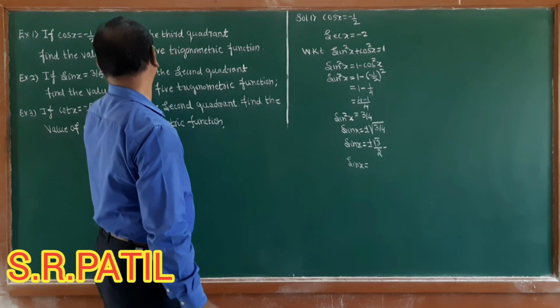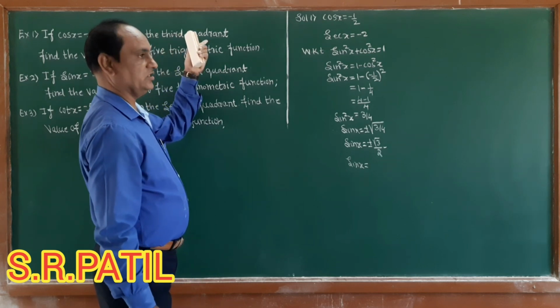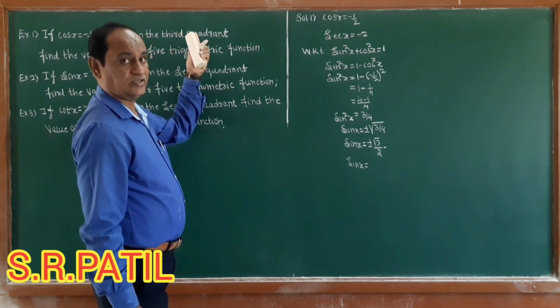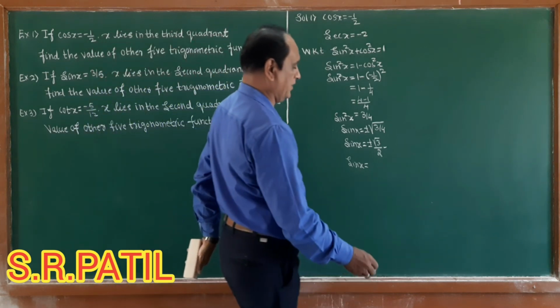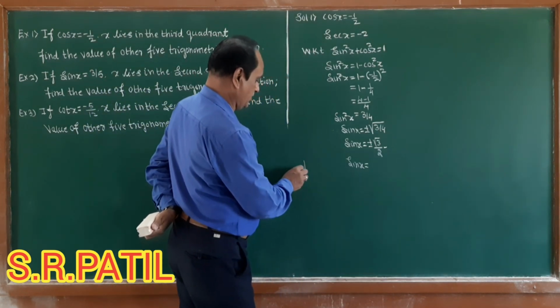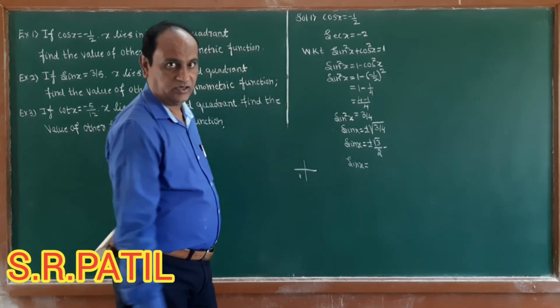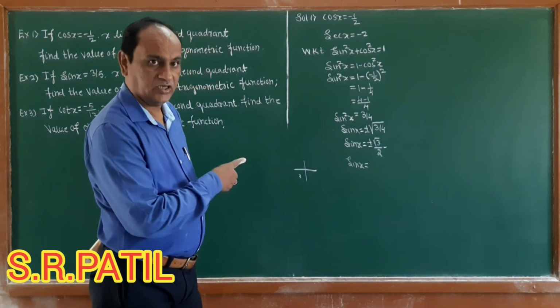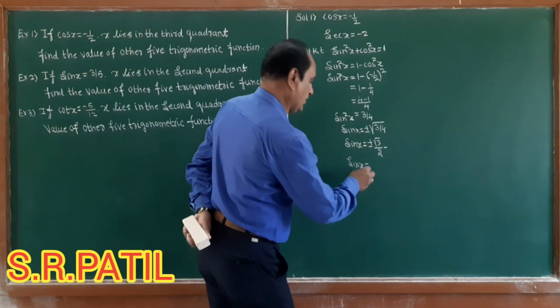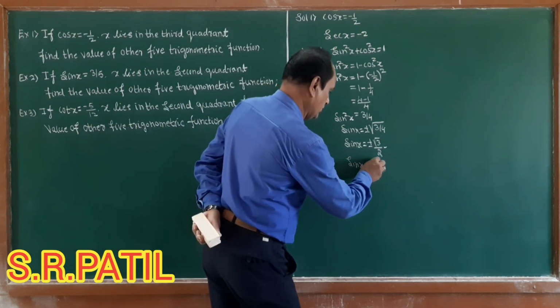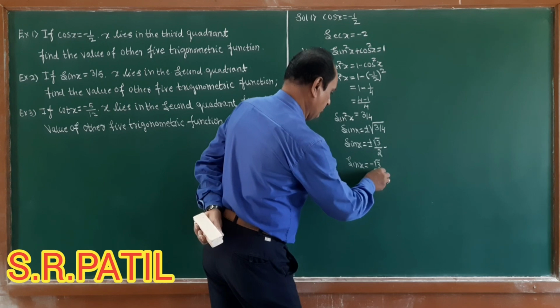So x lies in the third quadrant. In the third quadrant, tan and cot are positive. So take the negative value for sin x, that is minus root 3 divided by 2,